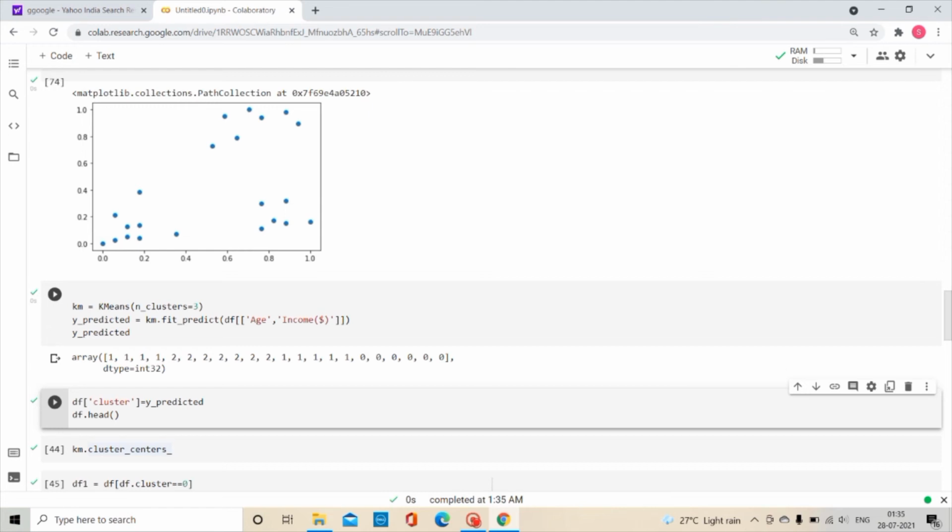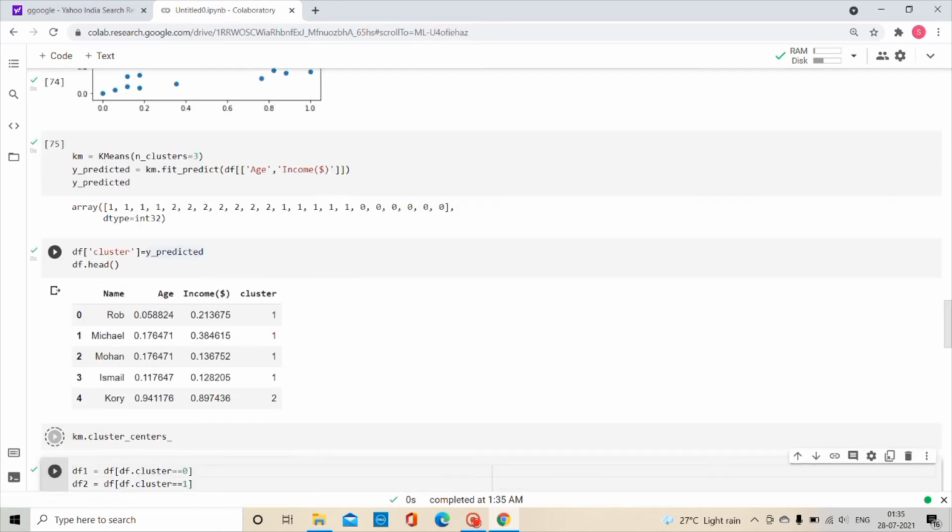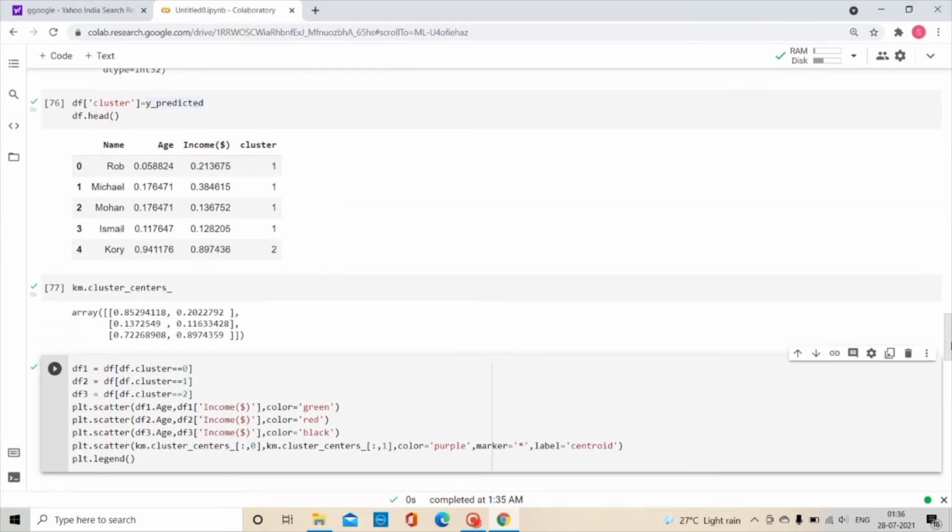KMeans specifying our cluster value as 3. y_predicted is km.fit_predict on df age and income, and we got the result as y_predicted. And we got the centroid points here. This shows the x values and this shows the y values.